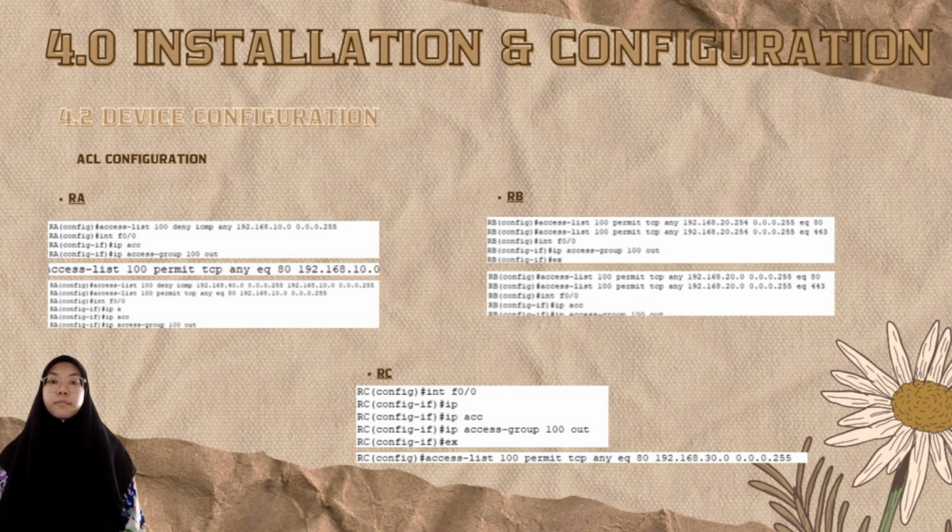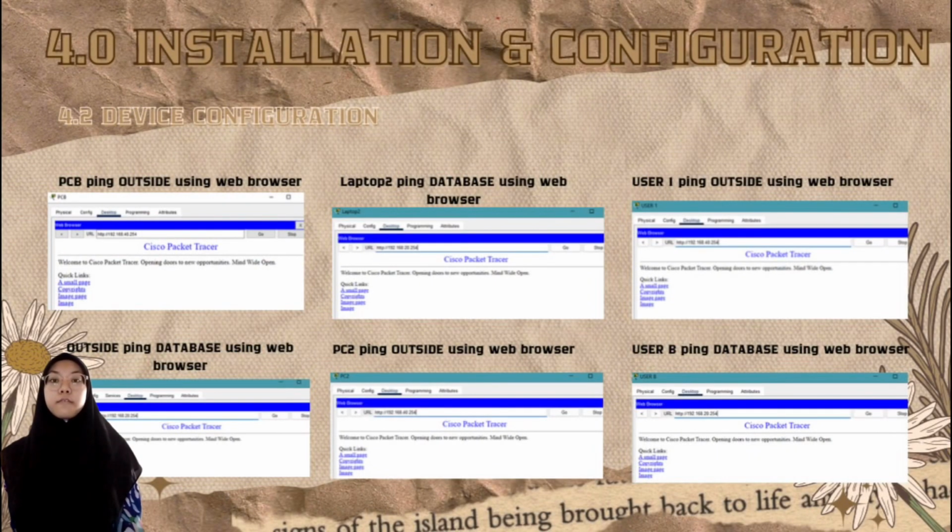We want to block ICMP, and also we want to permit access from outside to the server farm, and from the private or internet network to the server farm, using web browser only. After we do the configuration, we test the service.